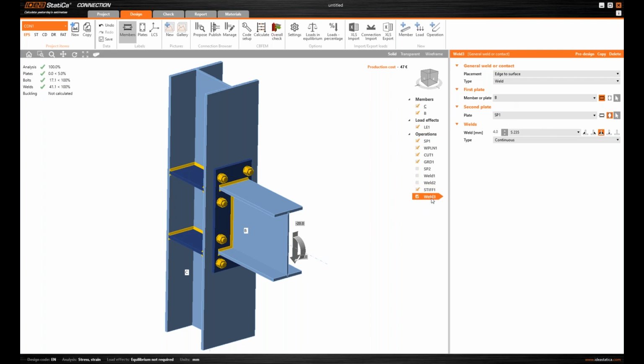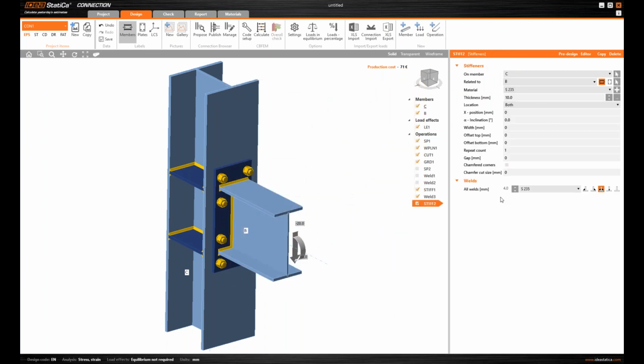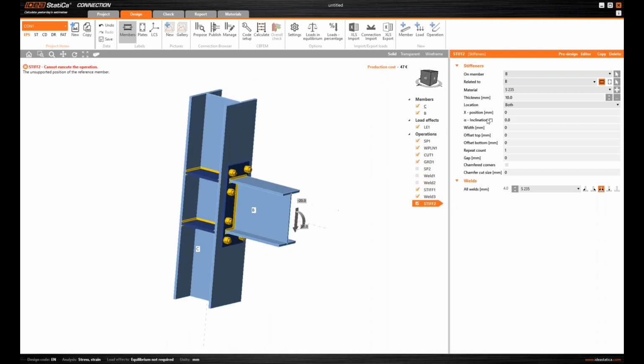But if I would like to change it to something that will be added in future, so for example another stiffening plate, maybe some rib into the beam, so on member B, okay, where it is, position maybe 20,